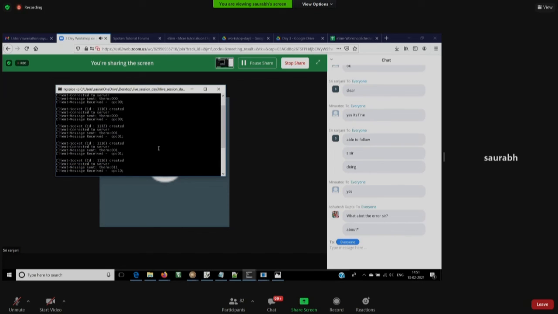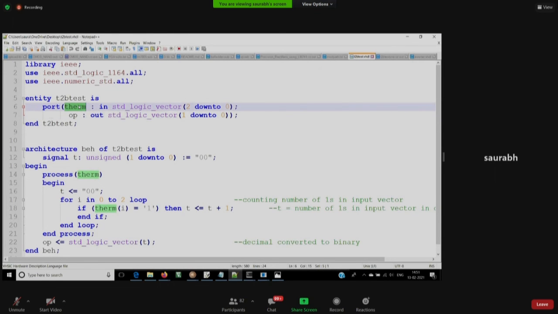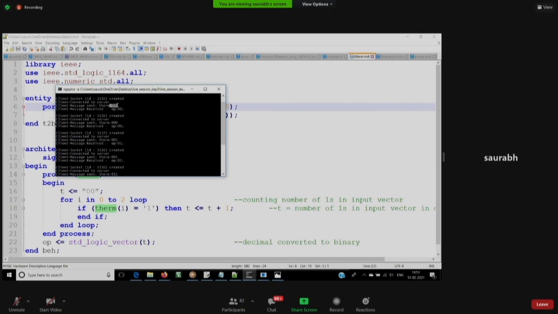So you can actually see some of the values here. This is what you get from your thermometer. If you remember this ESDL file, this is your input, therm, and your output is OP. You can see that the client message sends 000, it receives OP 0.